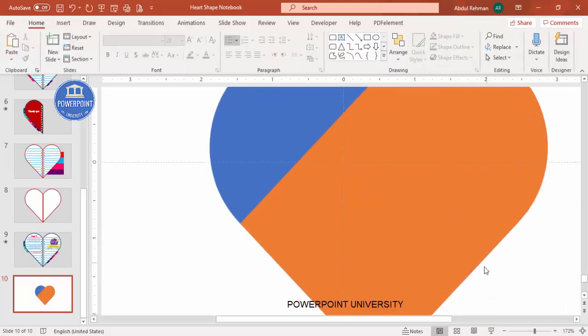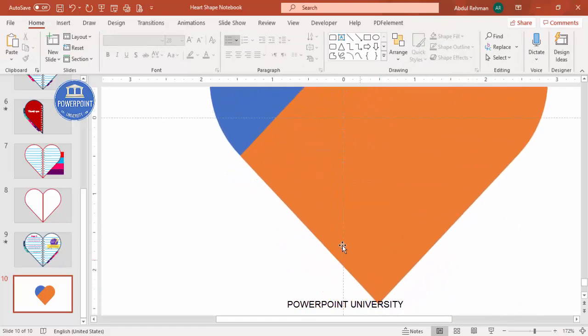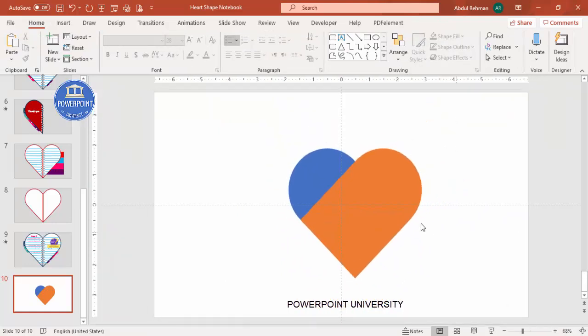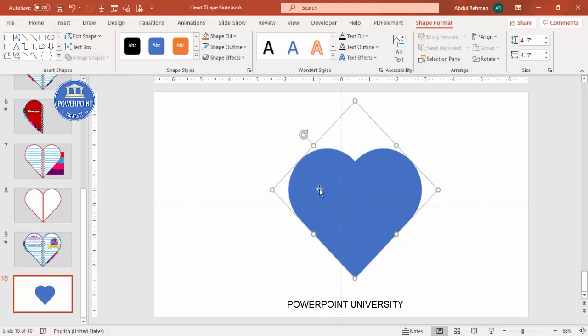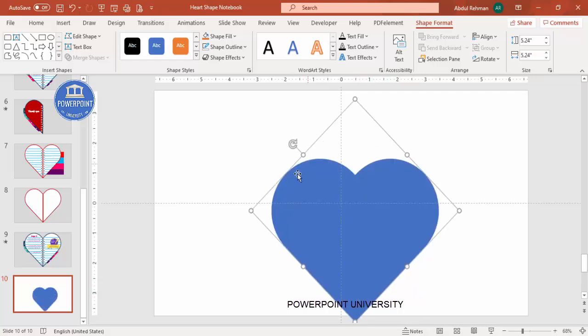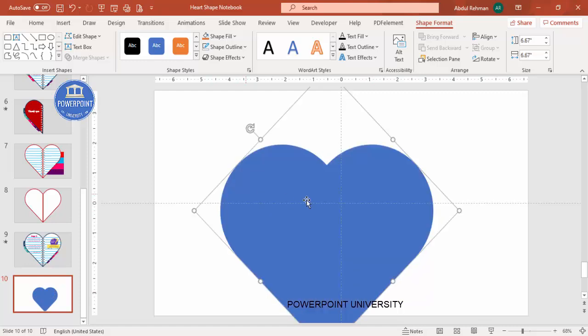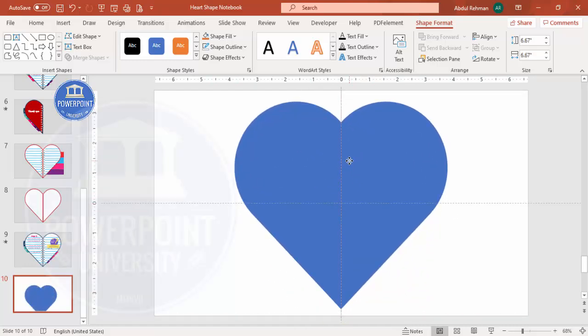Let me zoom in, and you have to make sure that it is properly aligned. Yeah, I think this is properly aligned. So you can see here this heart shape. Now let me select both of these, go to Format Shape, Merge, and make it Union. It becomes one shape. Can you see here? Then, depending on my requirement, I'll hold the Shift key and increase the size, and maybe this much size